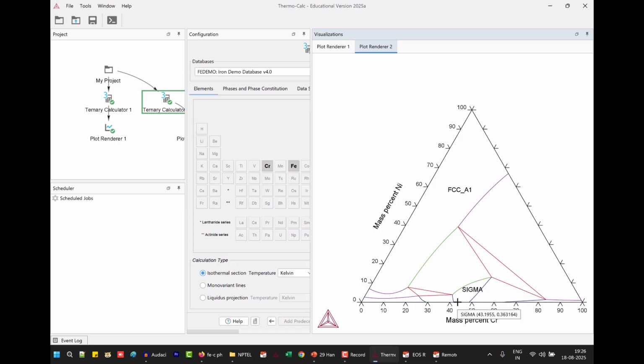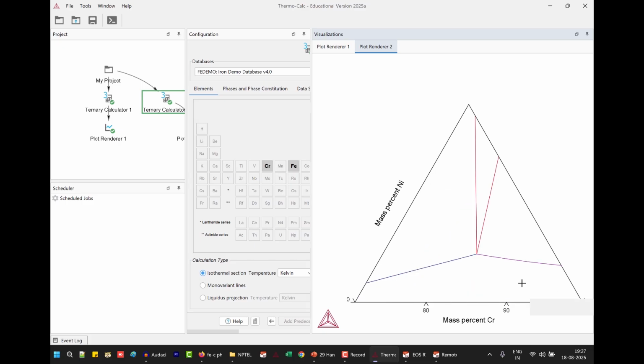Let's say if this is where the diagram starts, we will see the sigma phase going from here to here, whereas at 1200 it will not be starting from the binary side. Anyway, if it is confusing now, wait for the vertical section classes. We'll do that. Okay, so now here single phase BCC is somewhere here. Okay, the BCC region is very small at 1200.